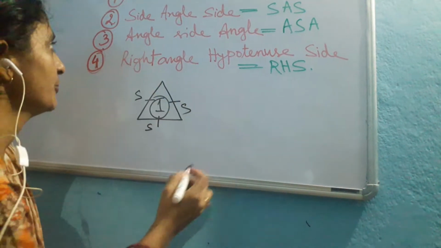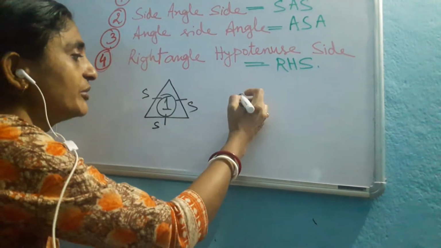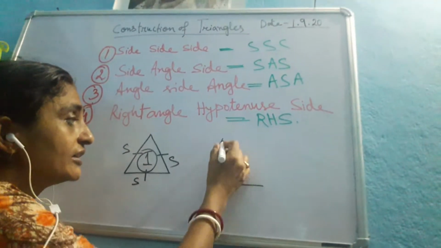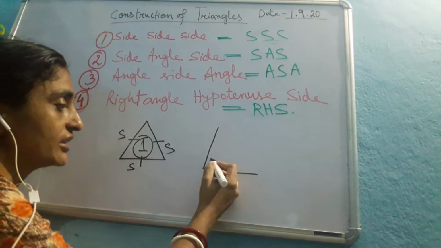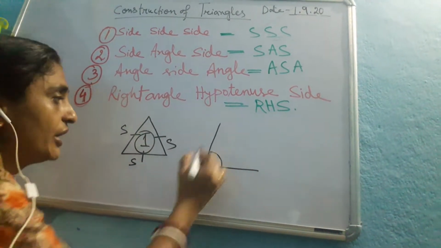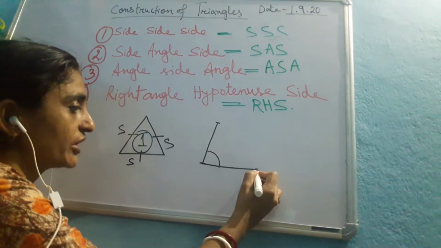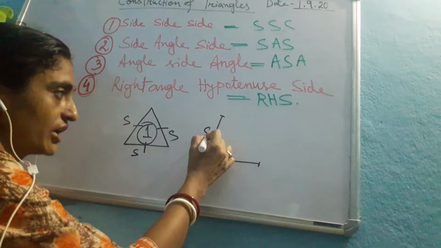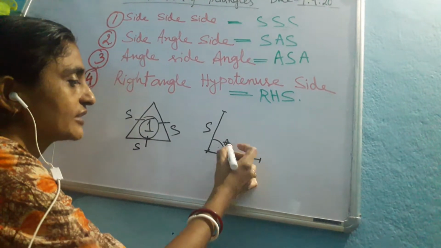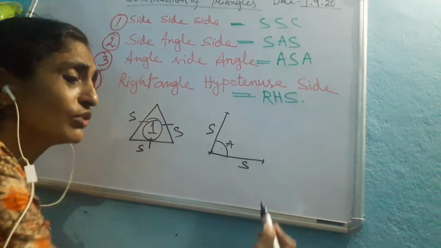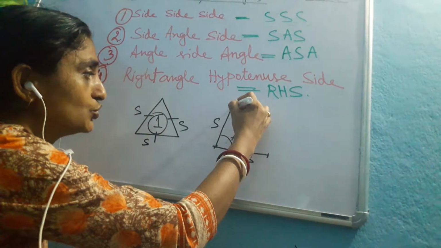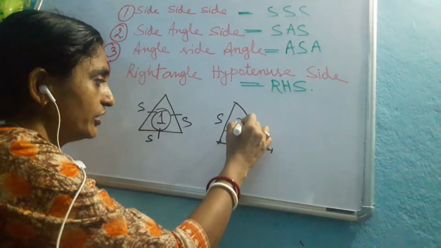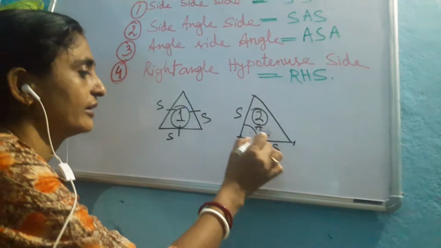Okay, now second one. Here side, angle, side. That means one side has been given and another side also has been given, and the two sides meet in a point, and that angle it formed, that is also given. Okay, so here that two fixed length you are getting for these two line segments, and the included angle also you are getting. So side, this is angle, and this is side. These three things have been given. If it is given, then the extra thing you have to do, you have to join these 2 points. You will get the triangle, yes or no? So this is the criterion number 2 we can use, that is side, angle, side.